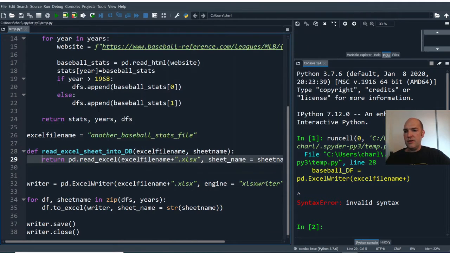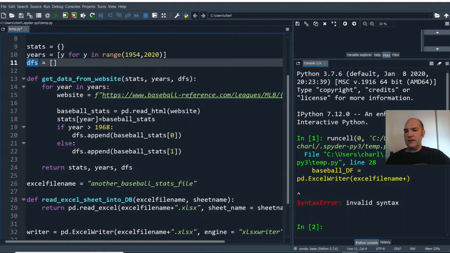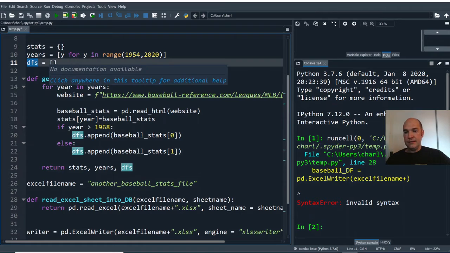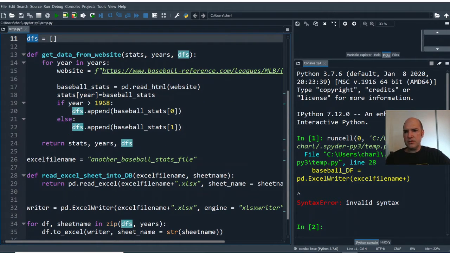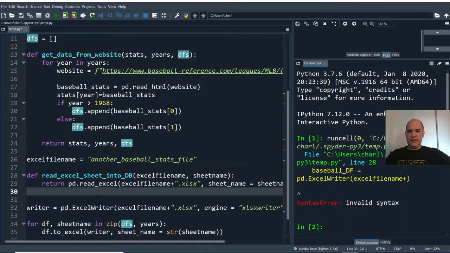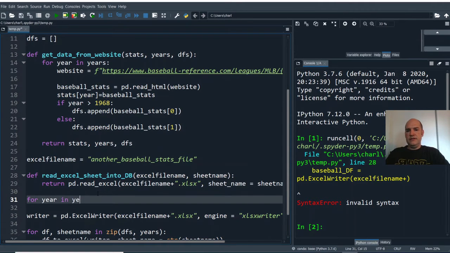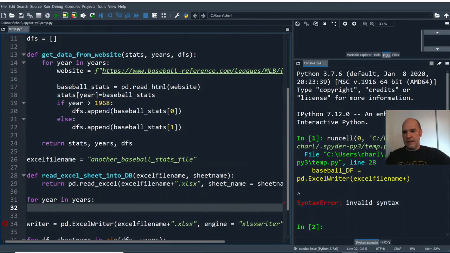Now when we were filling our data frames list, we were filling them with what we called baseball stats 0 or baseball stats 1. That was an item from the list of data frames that we read from the website. So we're going to run a similar loop again, and we'll say for year in years. Sorry, I'm so used to hitting tab and it automatically tabs for me once you start up a for loop. Okay, for year in years we want to say